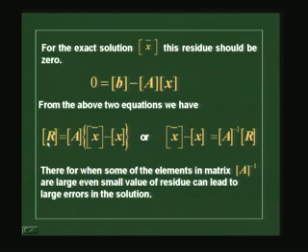So depending upon the A matrix, it's possible that even a small deviation of the solution from the exact solution can give you a large residue. That depends very much on the A matrix. Or the deviation of the solution is equal to A inverse times the residue. So what it means is that